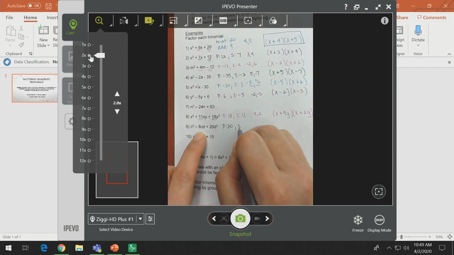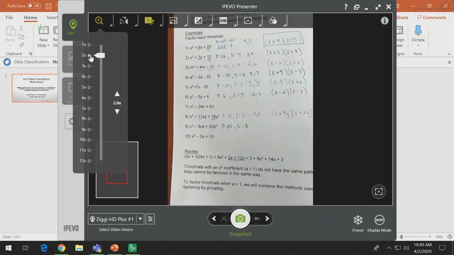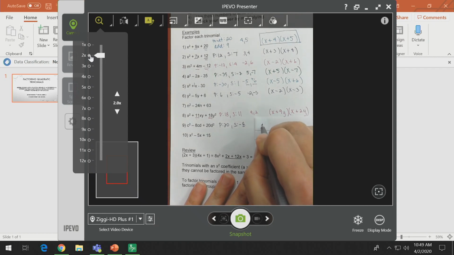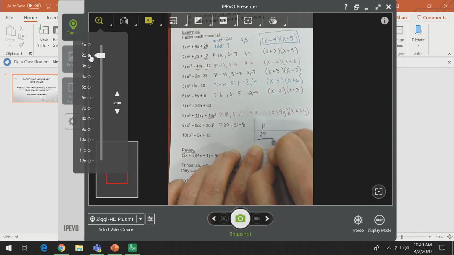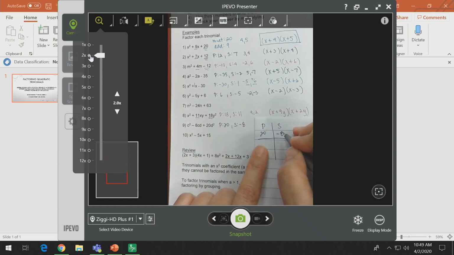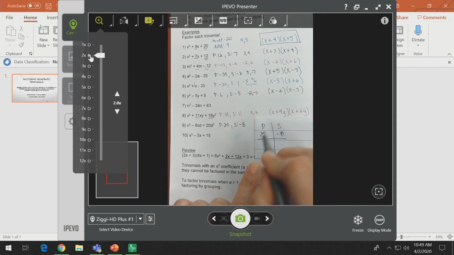My sum is -8. So I need two numbers that multiply to 20, but at the same time, they add to -8. So let's look at our list. My product is 20. My sum is -8. Both numbers have to be negative, because when you add negative numbers, that's when you get a negative sum. So let's look at -1 and -20, -2 and -10,